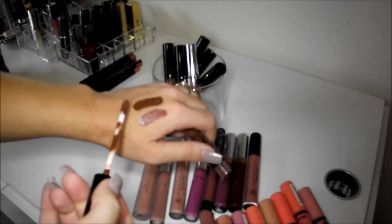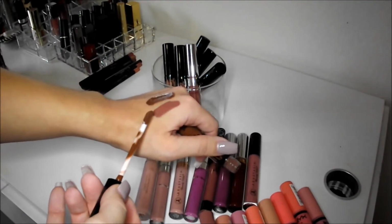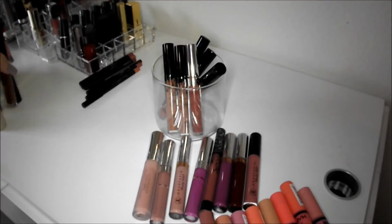Okay, so here's True Brown K. You can see it's more of a muddy brown color. And this one is Chili Chili from ColourPop. I actually think I will see if my niece wants True Brown K. If not, I'll keep it, but...